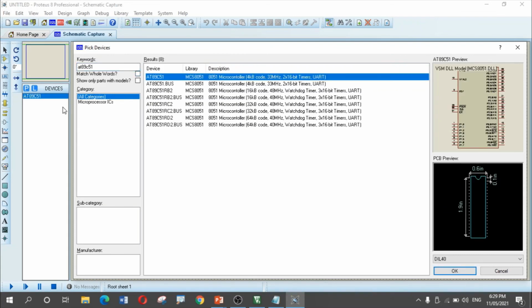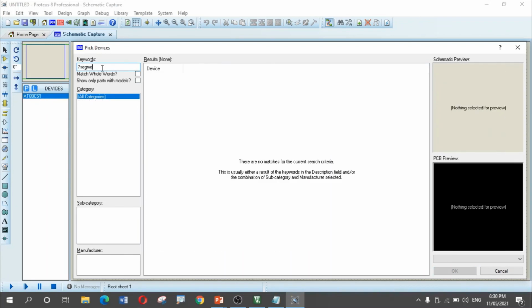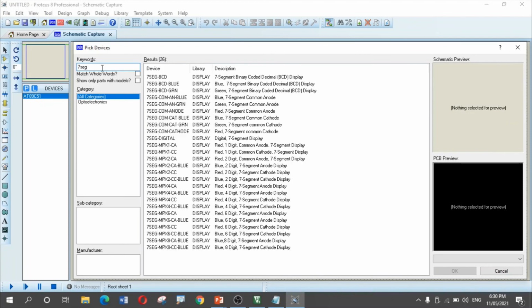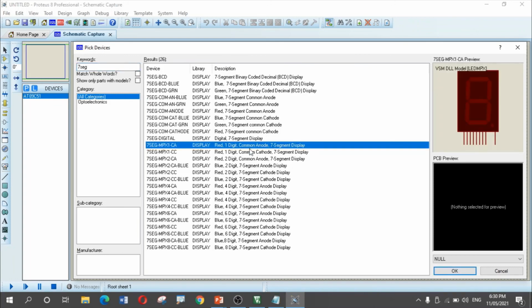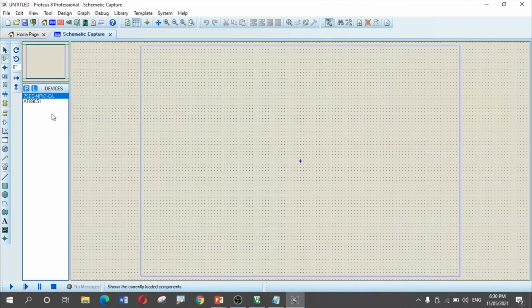Double click it so that it gets added here. The second important component is the LED 7 segment display. So I will type LED 7 segment. Out of the different 7 segment displays here, I will particularly use this red color single digit common anode 7 segment display, and I will double click it. Click OK. So these two components are now added here.